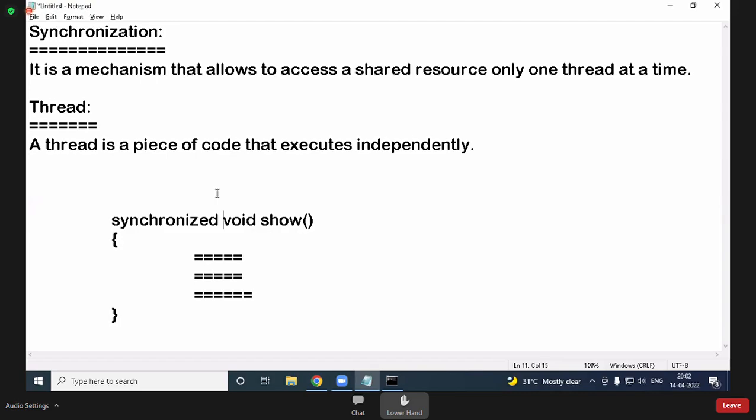Okay. That is the synchronization concept. But you cannot understand all of this today. It is not possible to explain it with a program now. Later you will see, there is a separate topic, multi-threading and synchronization. In that topic, I will teach the multi-threading program and the synchronization program. Okay. So